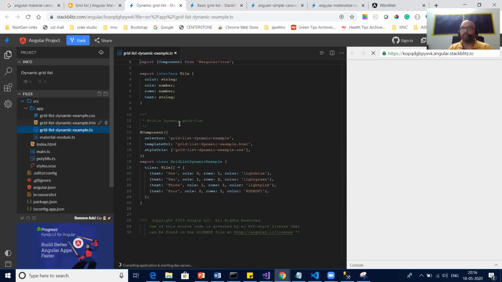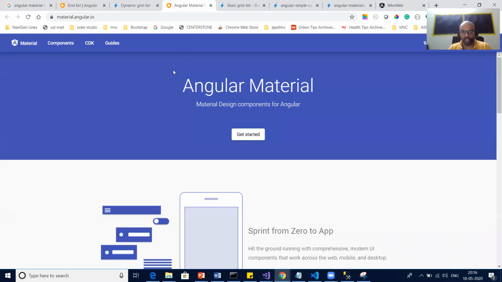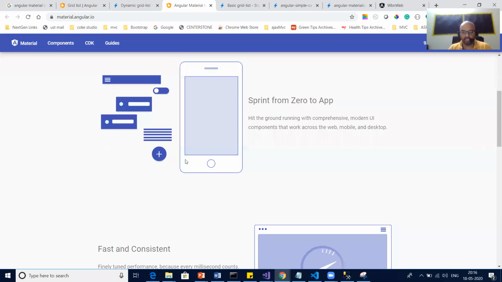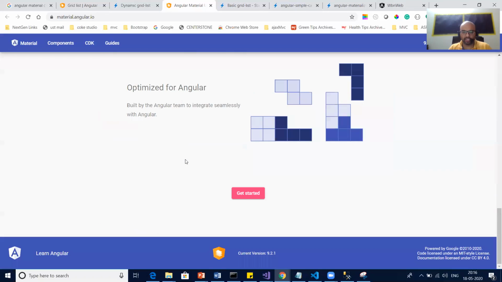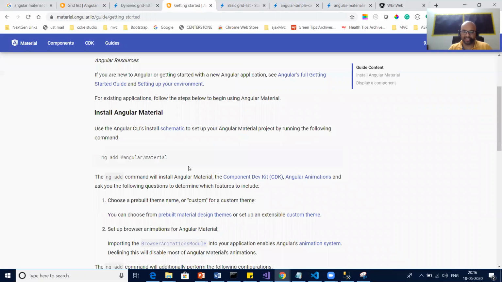Before coming to this, you need to basically install Angular Material, right? So what we do is we open the material.angular.io homepage, and there we see what the steps are to get started. As they say, you do the same thing. They say add Angular Material. Okay, we'll do the same.